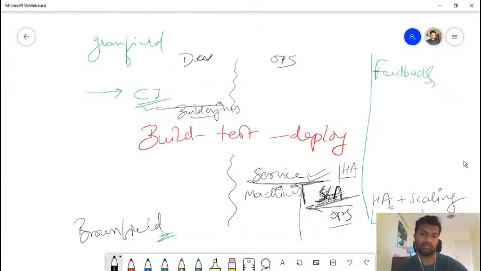Sure, you can add as many machines as you want as your traffic grows, but who decides it? Wouldn't it be a person who sits there and then adds a machine? Gosh, it takes 7 days to actually configure a machine and put it in a cluster. Sure, that's the third feature that your DevOps pipeline should implement then. High availability, scaling, and then we are talking about configuring a system.